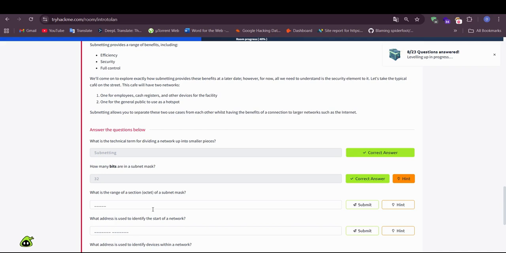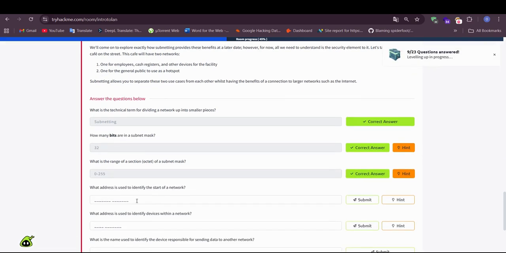What is the range of a section of a subnet mask? From 0 to 255. What address is used to identify the start of a network? This is the network address.